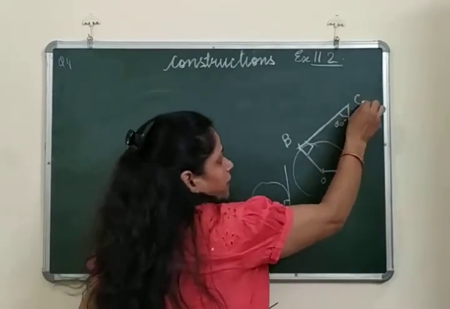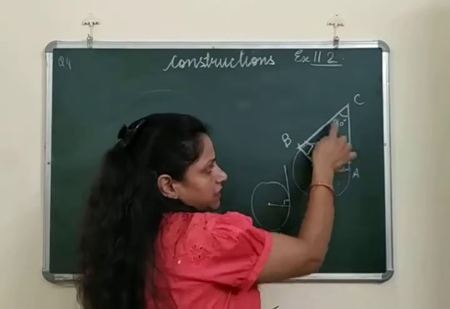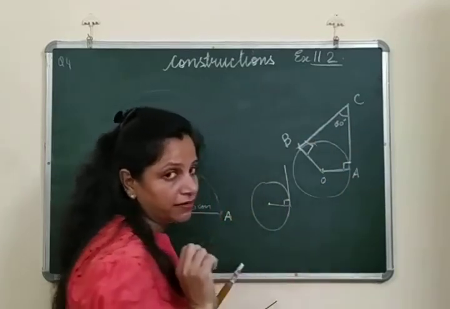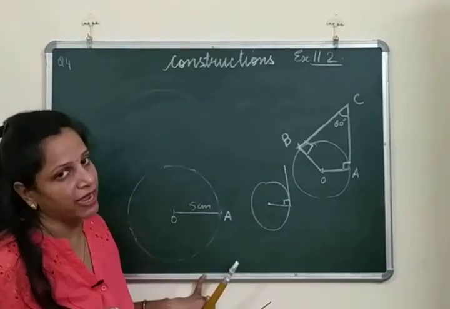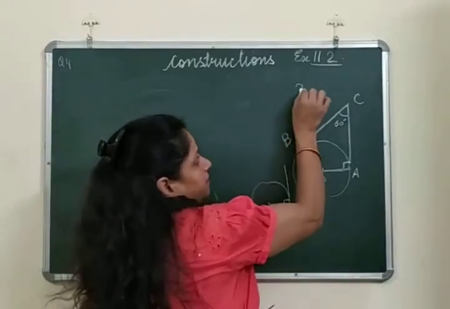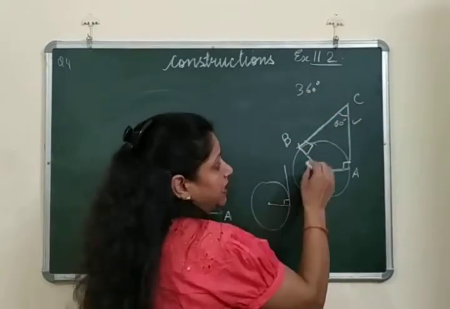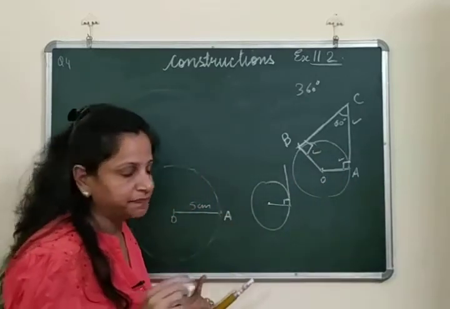Now let this point be C. Now OABC, this becomes a what? A four-sided closed figure, that means a quadrilateral. In a quadrilateral we have 4 angles and the sum of all the 4 angles is 360 degree. Right? This angle is 60, given. This is 90. This is 90. We know by the properties of tangents and circles.